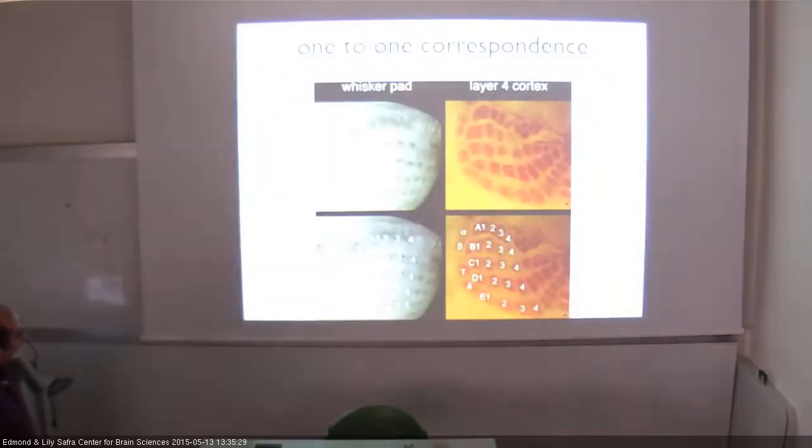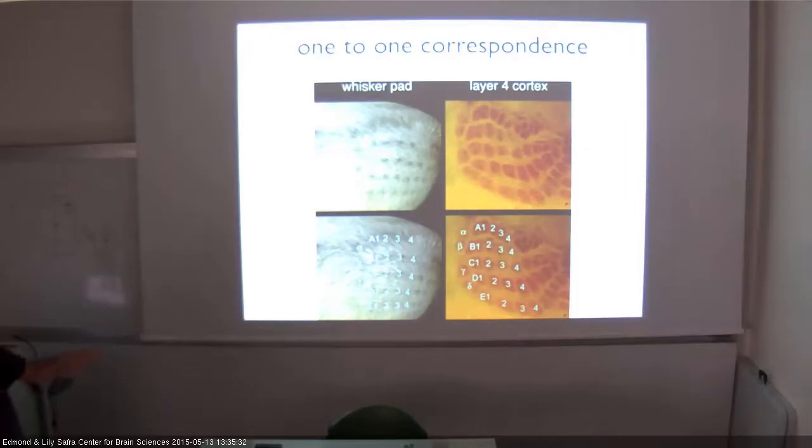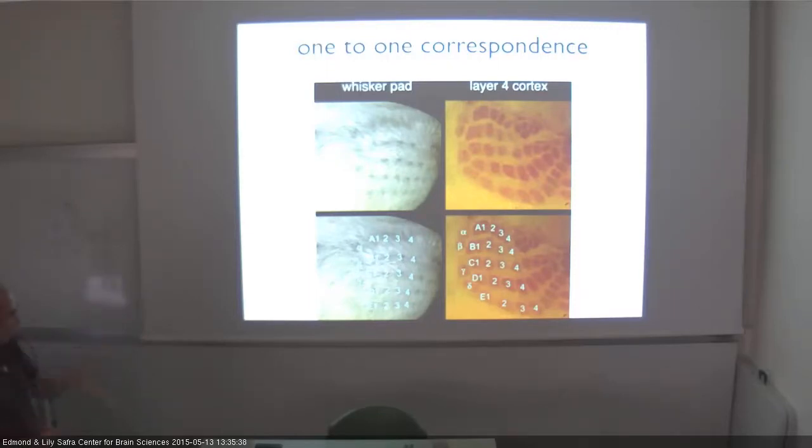And when you look at it from above, if you just cut layer 4 such that layer 4 is flat, and you make a stain, you can see that for each one of these whiskers, you have a specialized area that is called the barrel